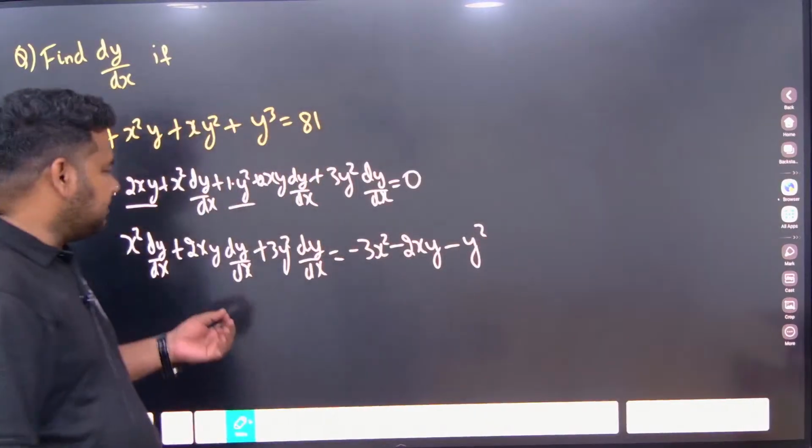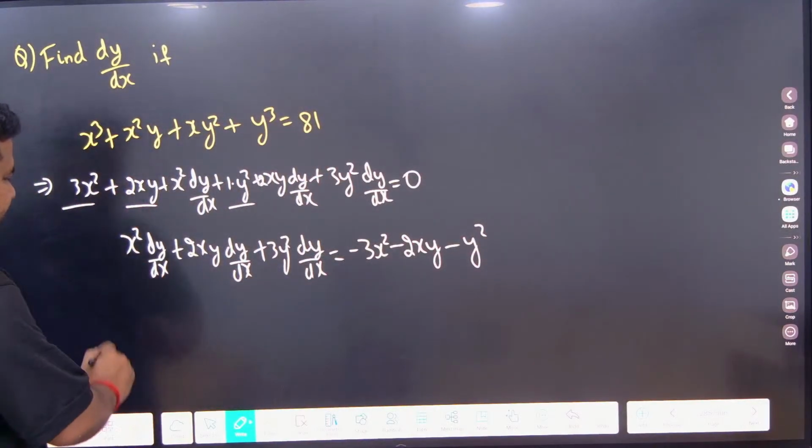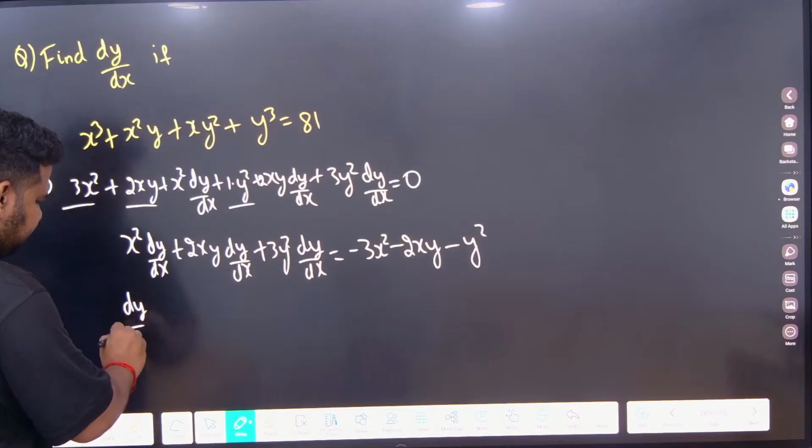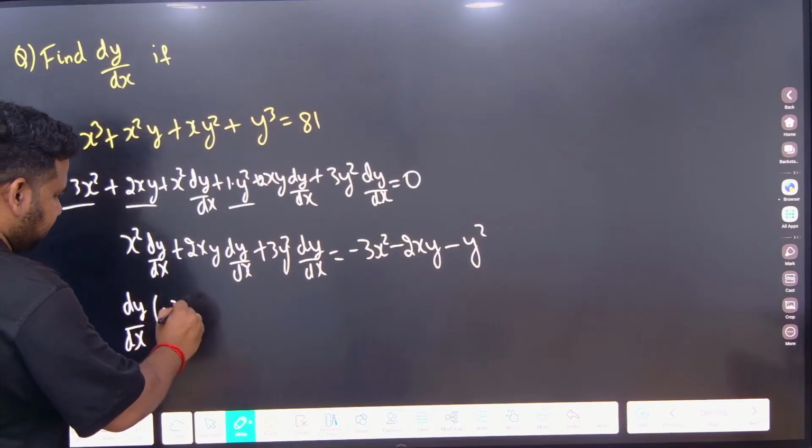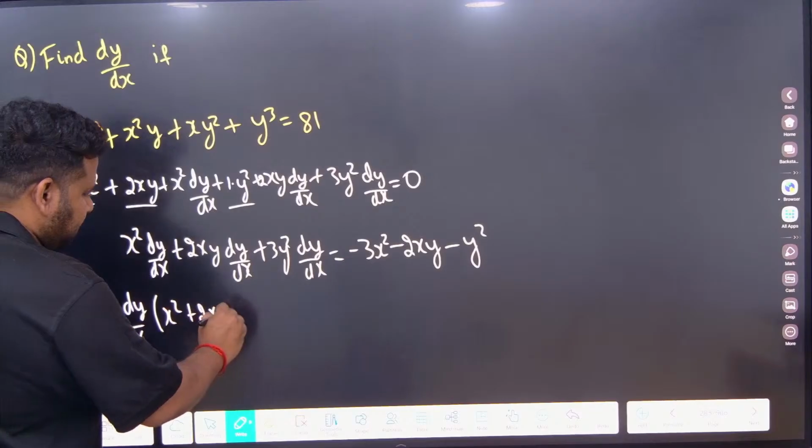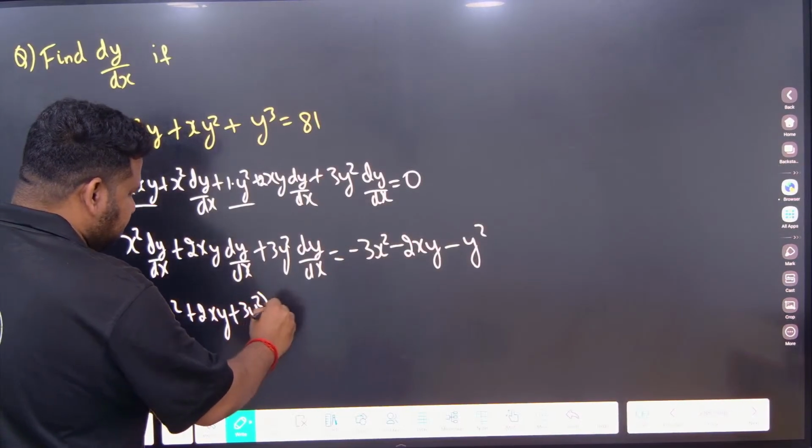Now next step is to take dy by dx common here. If I take dy by dx common here, I am having x square plus 2xy plus 3y square is equal to